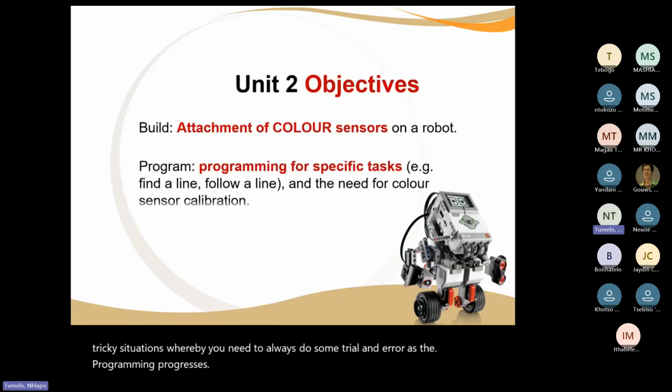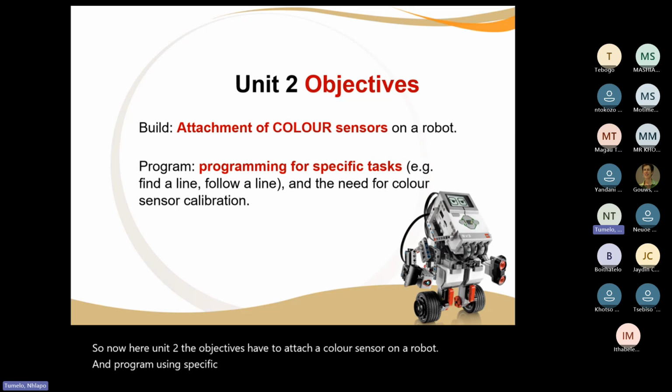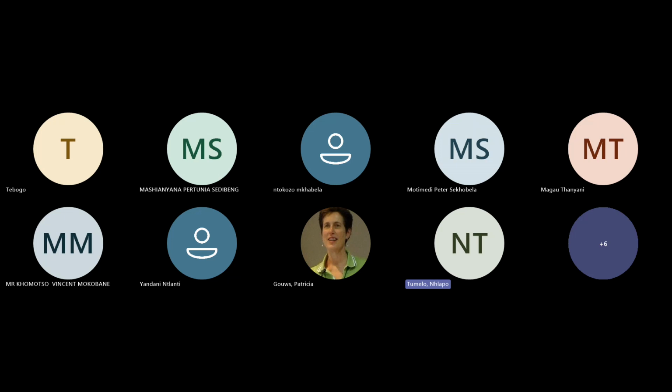So now here on Unit 2, the objectives are to attach a color sensor on a robot and program using specific tasks, e.g. find a line or follow a line, the need for the color. Now, without wasting time, let me share my